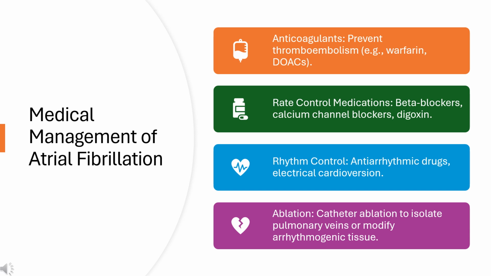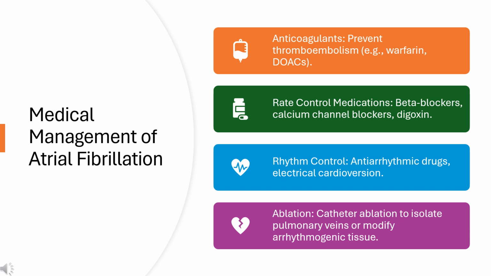Then there's also direct oral anticoagulants, and these include medications like dabigatran, rivaroxaban, apixaban, and edoxaban. They are often preferred over warfarin as they have fewer dietary restrictions, do not require routine blood monitoring, and have a more predictable anticoagulant effect. Then we might have beta blockers, medications like metoprolol and atenolol, used to slow the heart